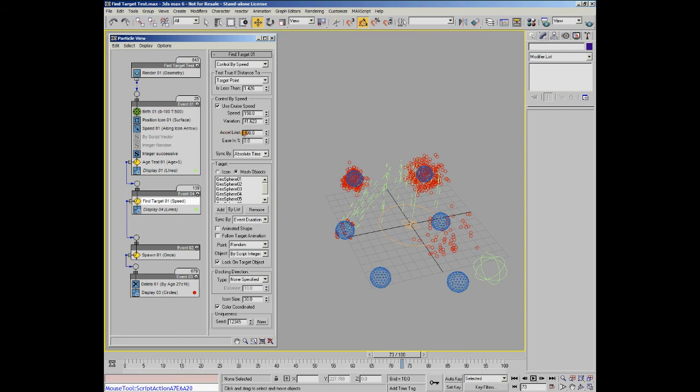The next 2 parameters, as you can see, are accel limit and ease in. Accel limit actually allows you to define how quickly the particles can accelerate up to their full speed. With higher values, the particles will actually move in a more linear manner to their target. With lower values, they will be affected more gradually and produce a smoother arc. This value is relative to the speed value, which we covered here. So, if you use high speed values, you may wish to increase this value proportionately. The ease in percentage allows you to slow down the particles as they actually approach their target. Obviously, higher values will allow